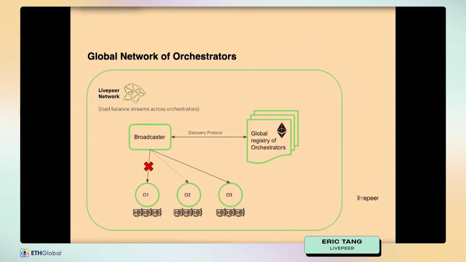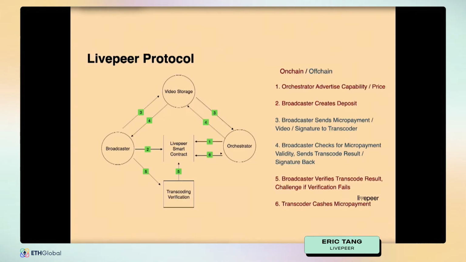And this is completely decentralized, which means any of these nodes can go away at any point, and the network software is written in a robust way so that it will automatically retry and the end user viewing experience is never impacted. There's an on-chain and off-chain portion of the protocol. All the video streaming components in this protocol are completely off-chain, but they're cryptographically signed so that only the setup and the settlement happen on the blockchain. And we recently moved over to Arbitrum, which provided a lot of really nice benefits in terms of gas price and scalability.